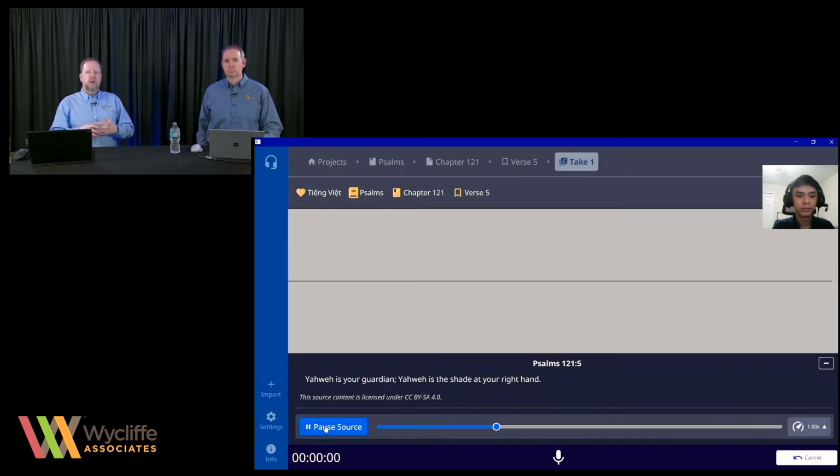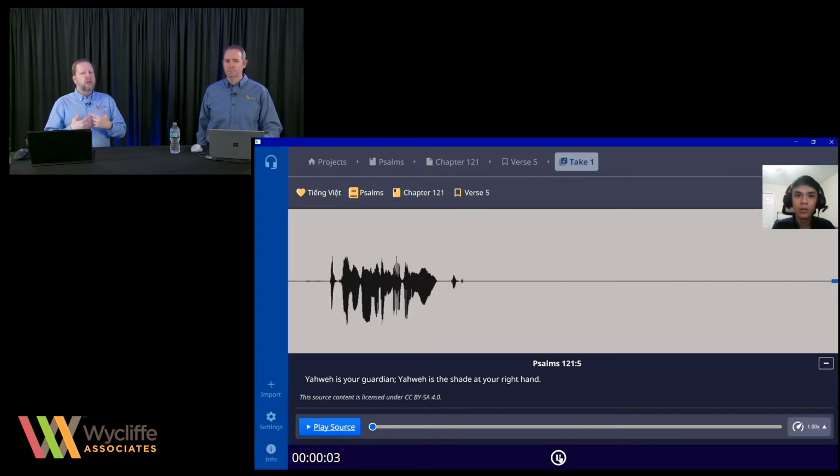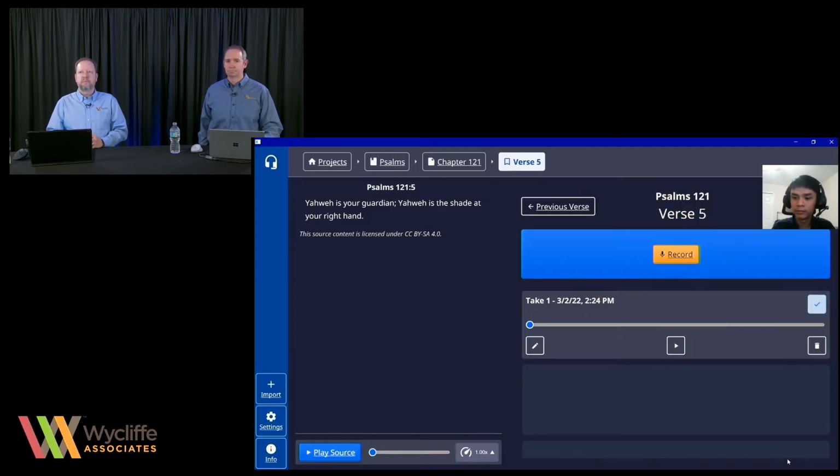Another guideline that often comes through is, if you make a mistake, don't go back necessarily and just try to correct or edit that thing. Do a whole new take. We're not only looking for accuracy, but we're also looking for that naturalness to come through.